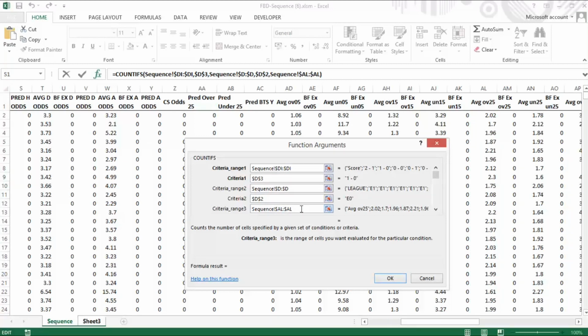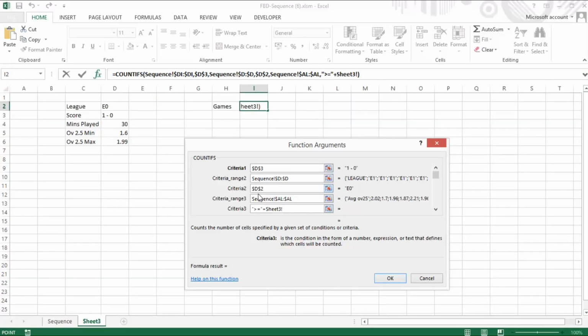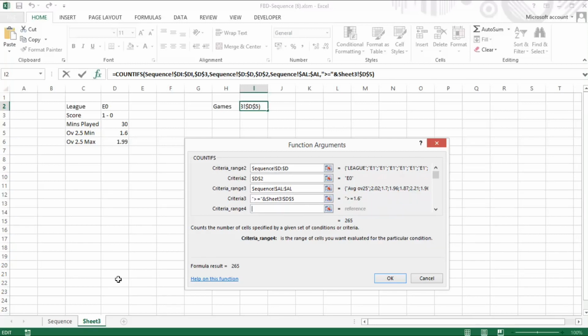And we want to say where it was greater than or equal to sheet 3, and we want to say D5. So there's 265 games that were above 1.6, and then we want to do the same for the